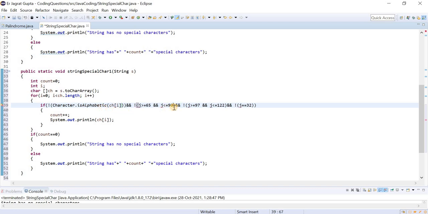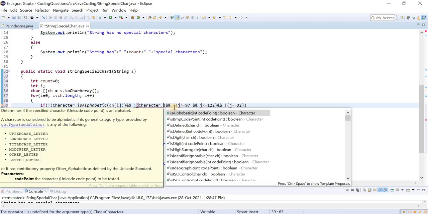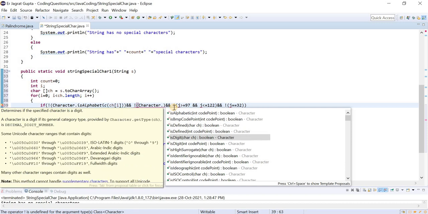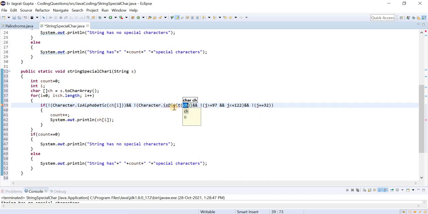And in the same case, I would like to write Character.isDigit. You can see that isDigit. Okay. And here I would like to write this. So we cover alphabet, we cover digit. Now the only thing we need to cover